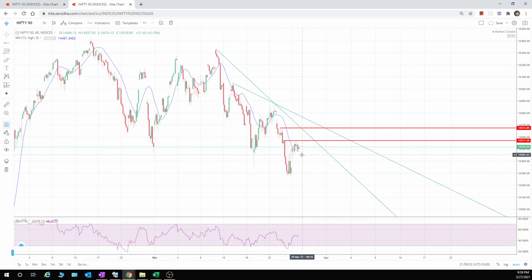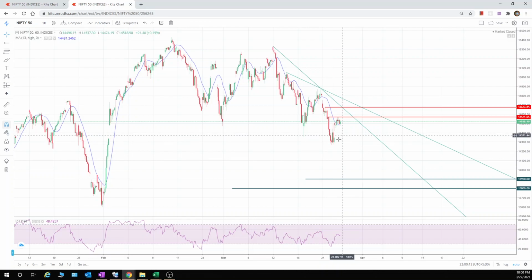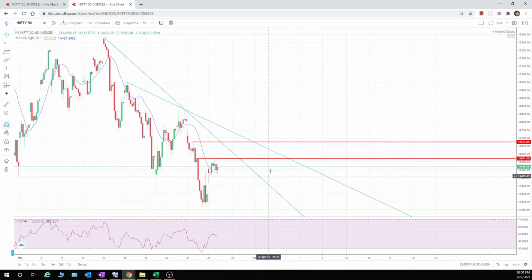If it is a gap down or something, don't take any position. If it is again going above this 13 days moving average high, then you can take some position. And if it is opening over here, take a little bit of precaution, because if you take a long position, then it will start falling, and you will be on the wrong side of the trade.